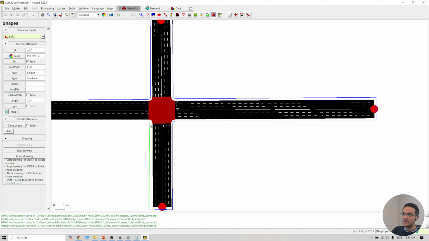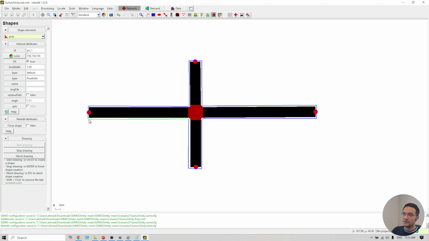So this will create a nice roadside. Stop drawing, and then you will see that the roadside is there. So I'm gonna add a residential area also here. Again, the residential area color is gray, so already accepted. Change the type to residential, and then start drawing. Just quickly start drawing a residential area here, and then I'm gonna add a wood also